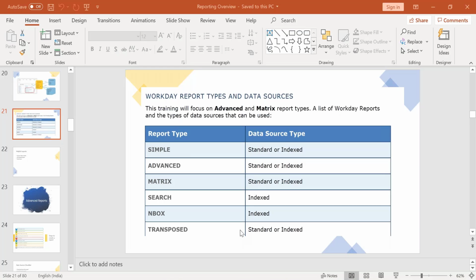We also spoke about the different kinds of reports that can be built in Workday, like advanced, simple, transpose, search, composite, etc. And then we spoke about the different types of instances or objects that are stored in Workday. Like we have text fields, we have currency, we have numerical, date, and instance fields. We also distinguish between the